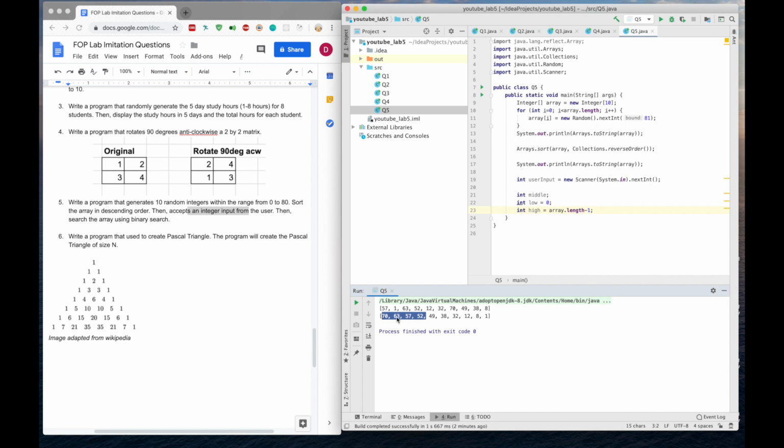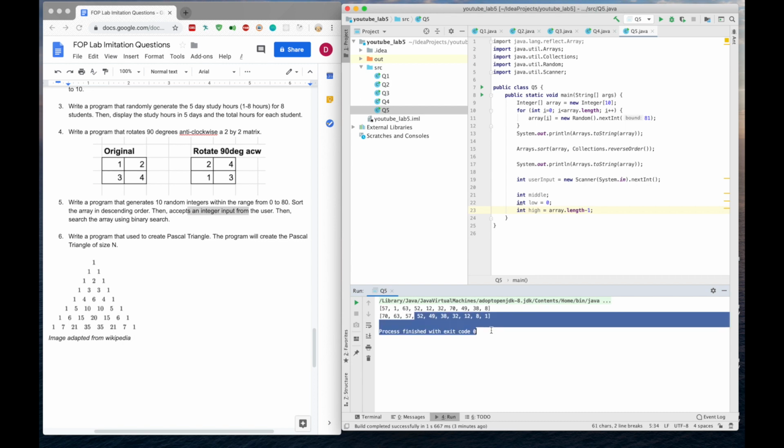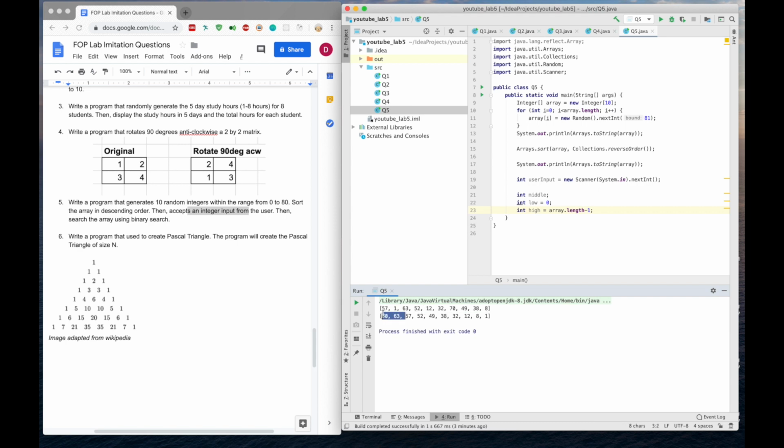There are two middles here. Let's say that we pick 57, and when we pick 57, we compare it to the number that we want to find, which is 57, and it's found, so we return that number. So if we want to look for 63, we are going to scrap this part again, and we are going to look just here,